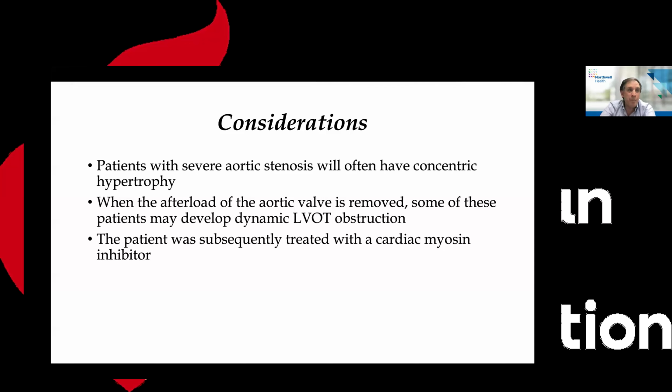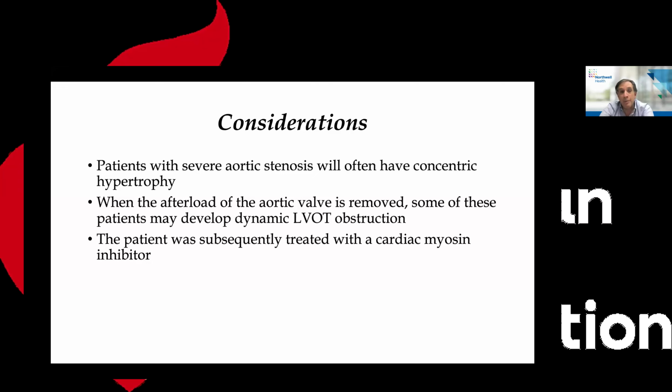Now, in the operating room before TAVR, you could see this happening and deal with it if you had to. Of course, these patients aren't in the operating room anymore. So what can you do acutely in the hybrid room, if you will, where they're having their transcatheter aortic valve replacement? Well, you should have a lot of beta blockers available to be given, if necessary, obviously intravenously, and a lot of fluids.